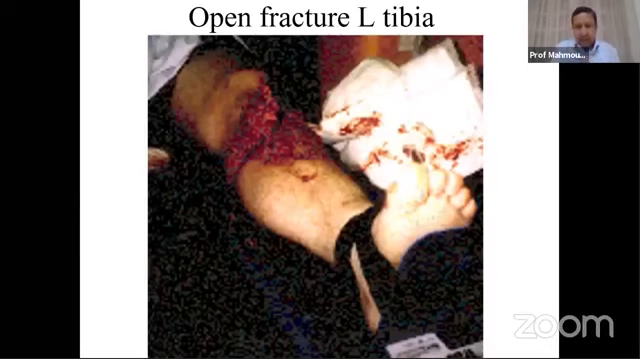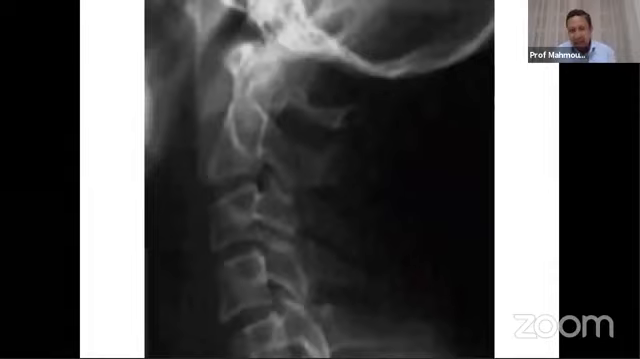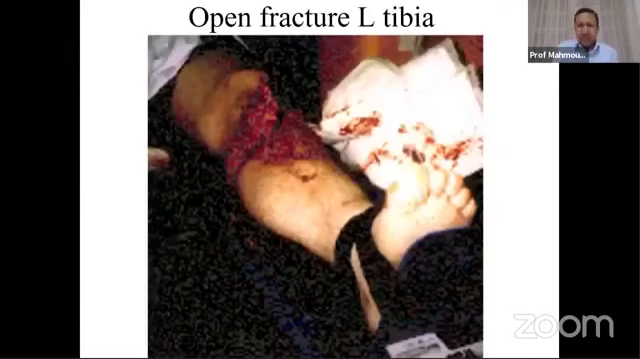Okay. And as you can see here, this is a cervical spine X-ray. You can look at it. I will give you half a minute, and you can tell me if there is anything wrong. You can either say normal or abnormal, and you can say what's wrong. Okay, it is open fracture tibia, and the orthopedic specialist has seen the patient and says, all right, this patient is